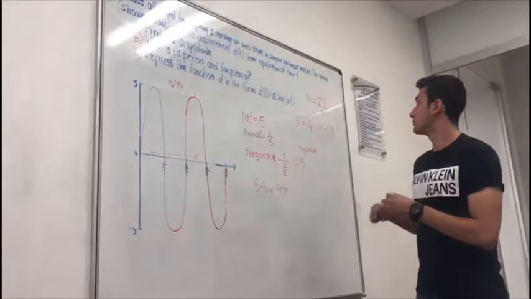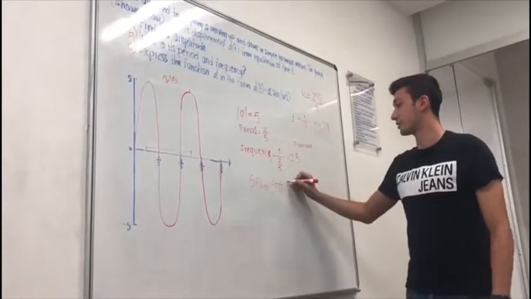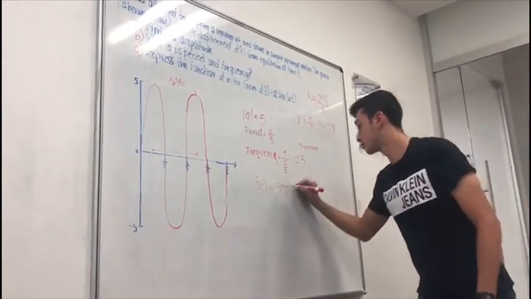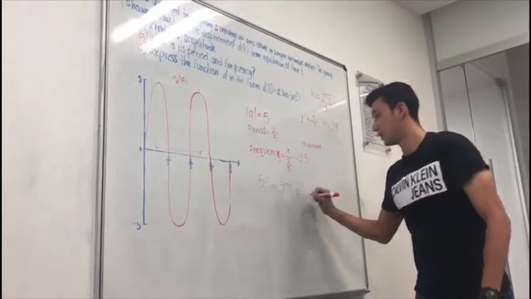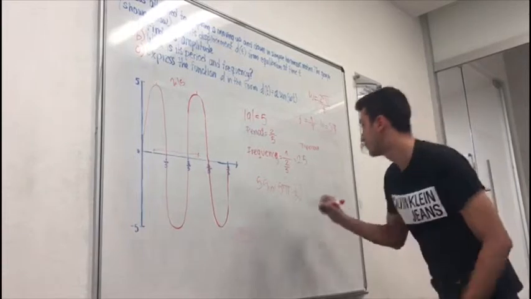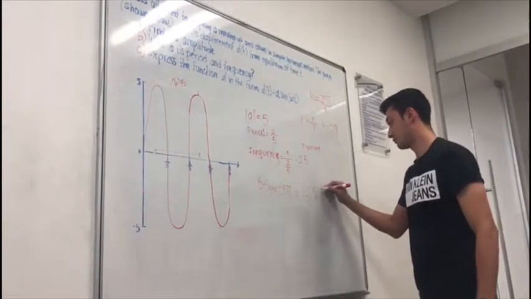And here goes time. As we already know, it is 2/5. And we need to simplify this equation. So the result will be